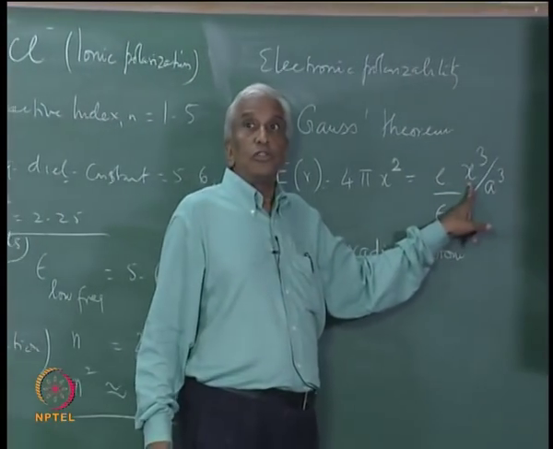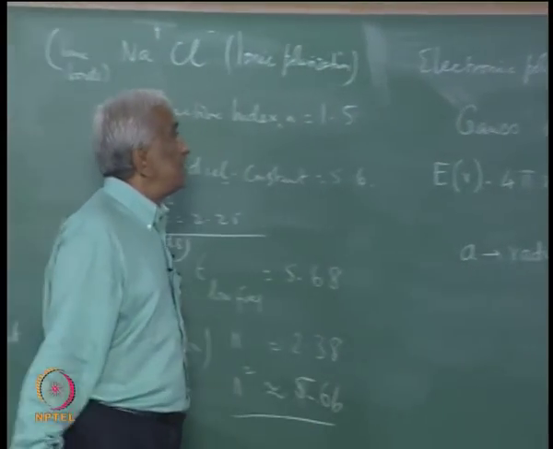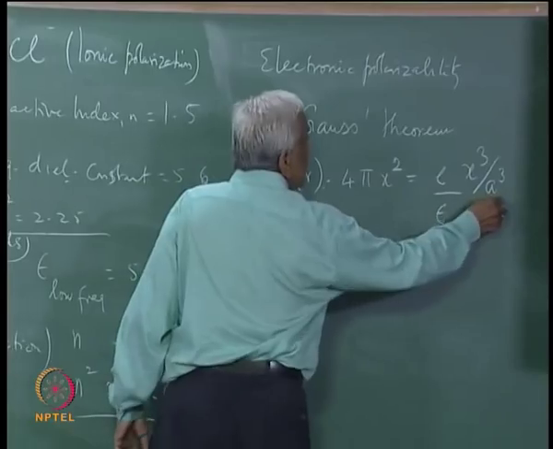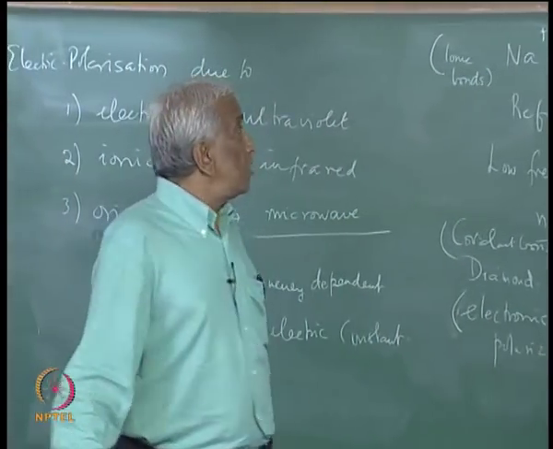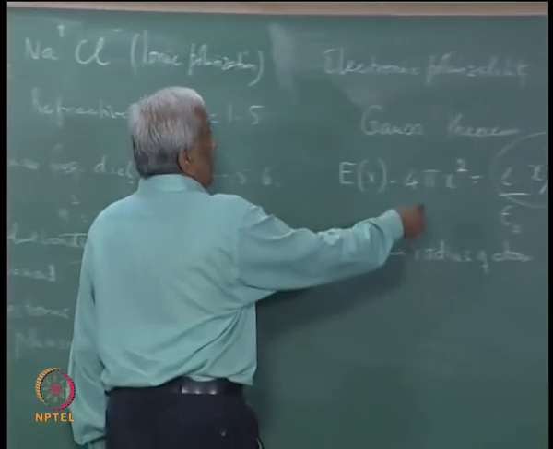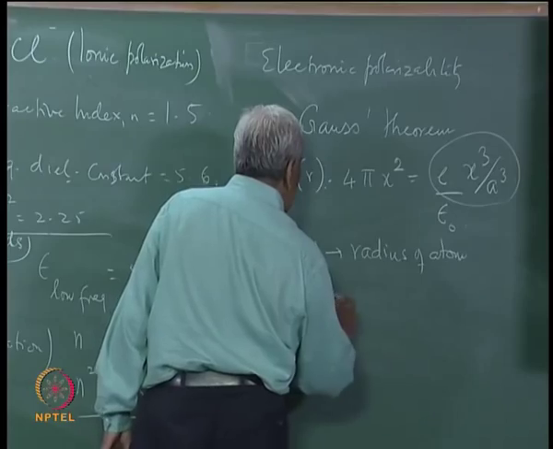Therefore, this will be 4/3 pi x cubed. That is how the 4/3 pi cancels, leaving you with this fraction. This is the fraction of the electronic charge which is enclosed, and therefore this gives me the E_x as